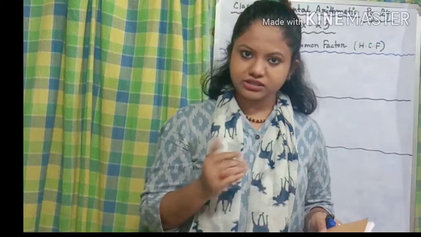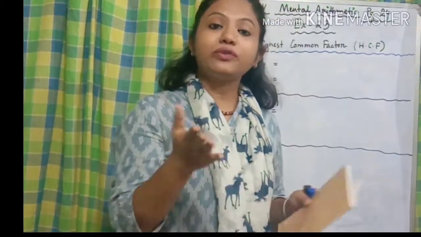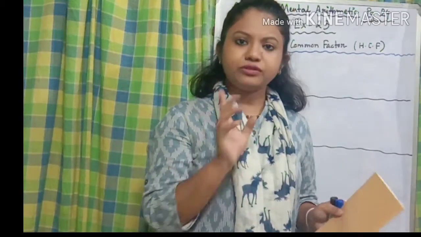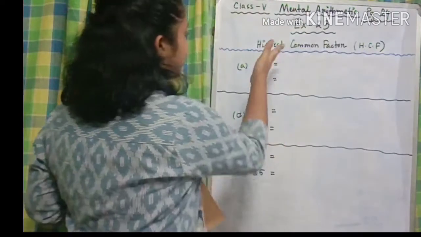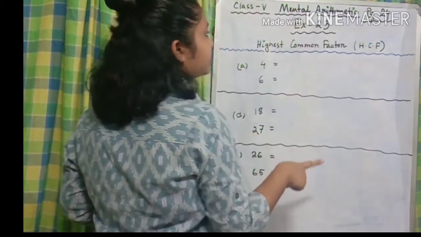and that is the reason we call it highest common factor. Now we have already learned how to find the factors of numbers, in our earlier classes. Now we are going to find the common between them. For that, we need to first split them into their factors. Then we are going to tally them, or find the common between those two numbers.